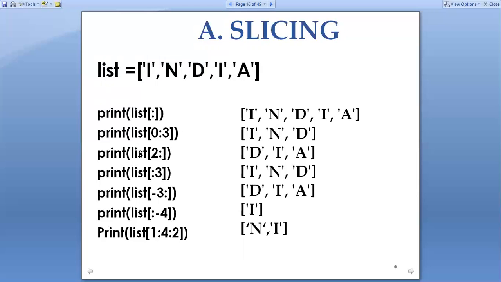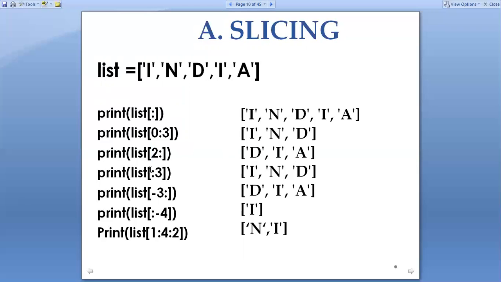Now next, print list 2 colon. What does it do? Elements before 2 will be removed, the others will be displayed. See, positions 0 and 1 will not display in the list. I, A will be displayed. So the first two will not display, others will be displayed here.